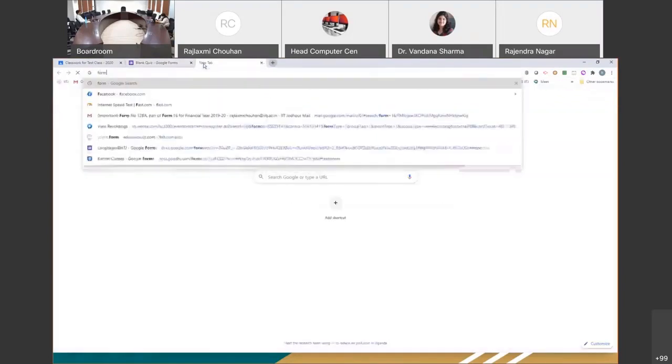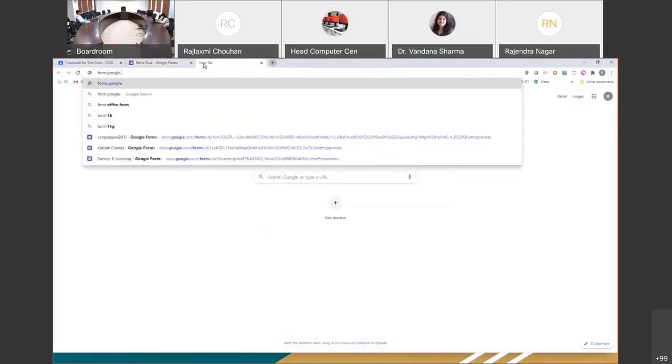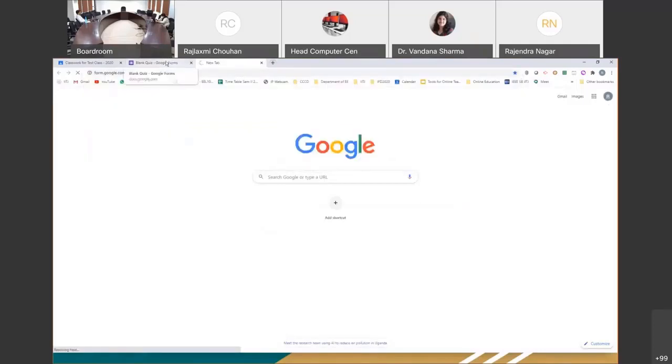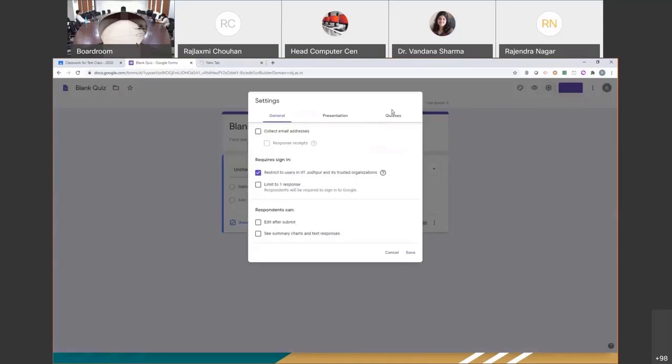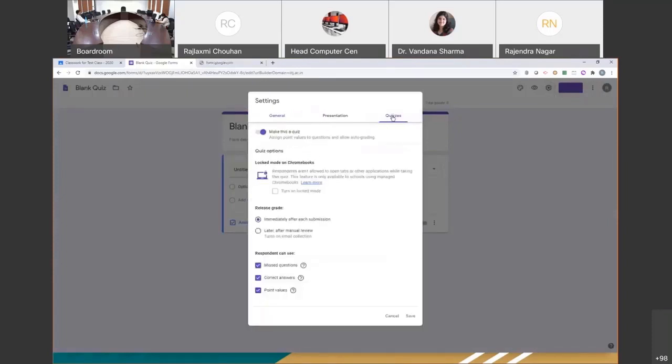But in general, if you were going to simply Forms, and if you started creating a blank form, right, or we can create something from here as well, what you would need to do is you go to settings, you go to quiz under settings, and you turn this toggle on, make this a quiz, because if this was a general Google form, then this would have been off. If this is off, then this is not a quiz. There will be no auto grading. You cannot import this data onto your Google Classroom.